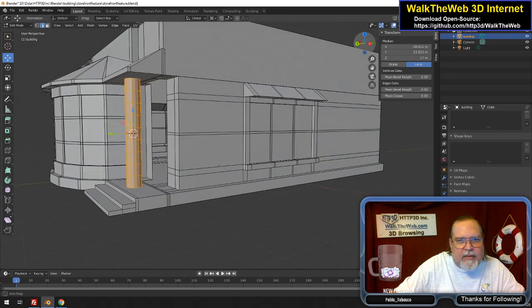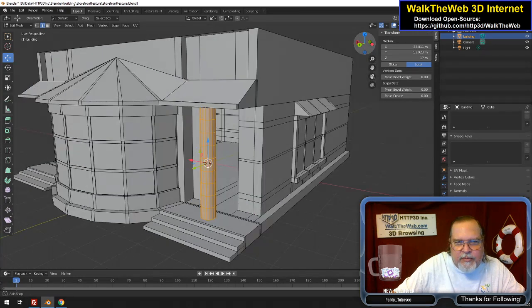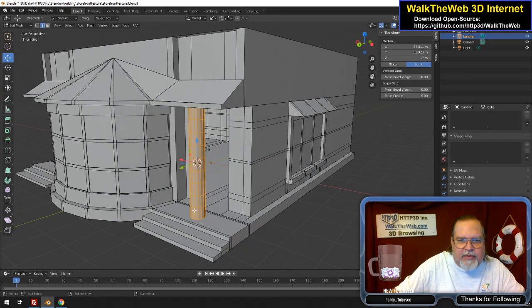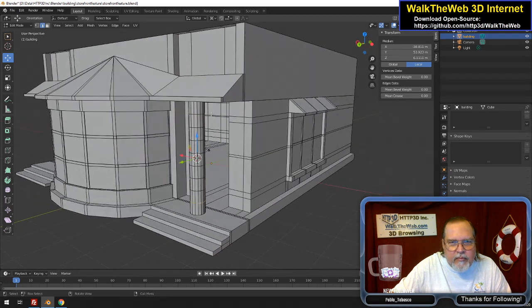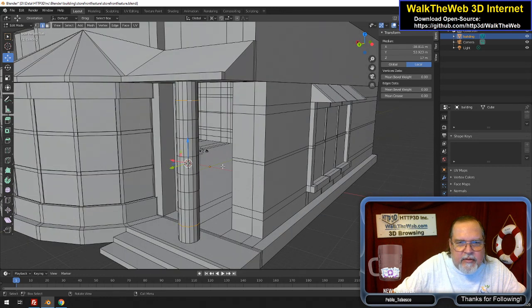That way, when I'm moving these things around now, these loop cuts, I only have to do them in one place and it'll catch both of them. See, I can take this one and this one. Oops, helps if I hit the right one. And that one,